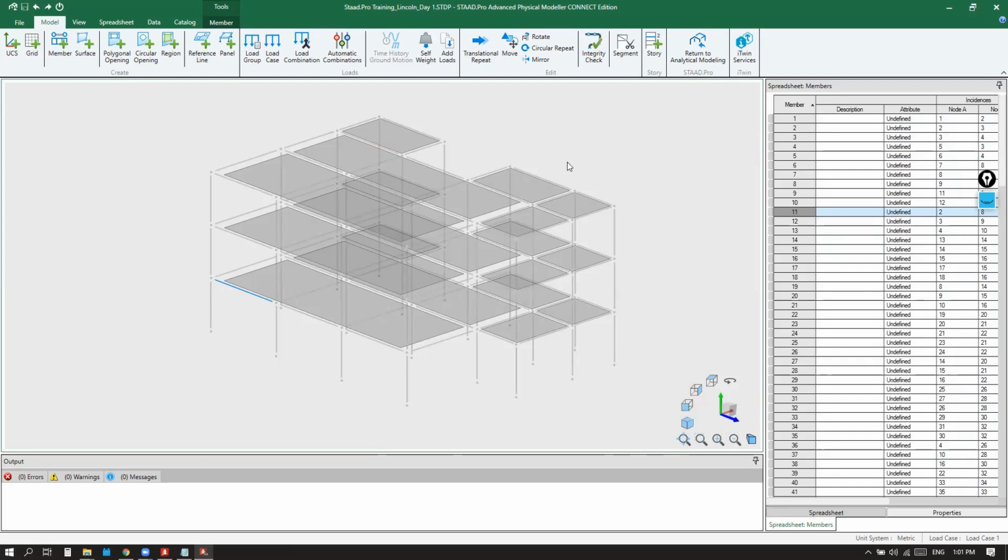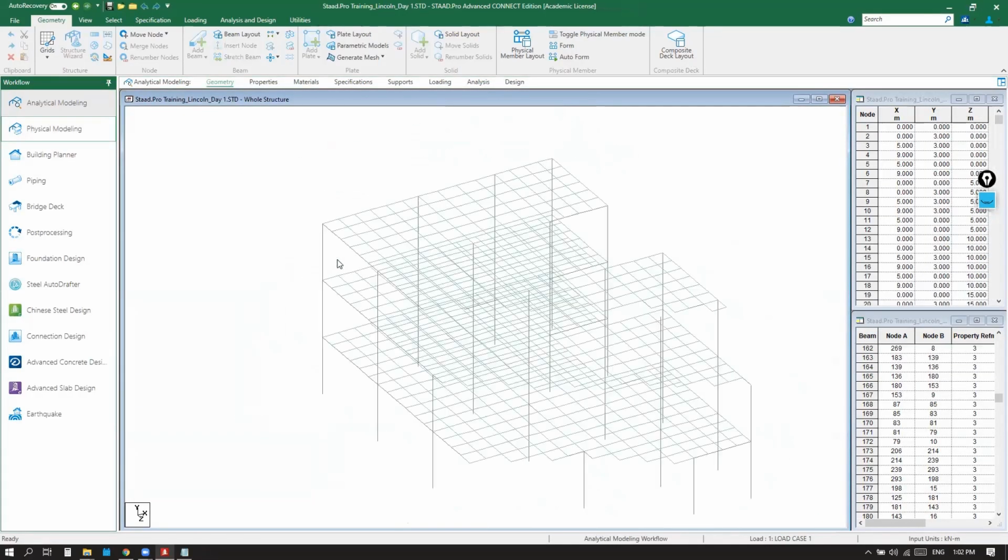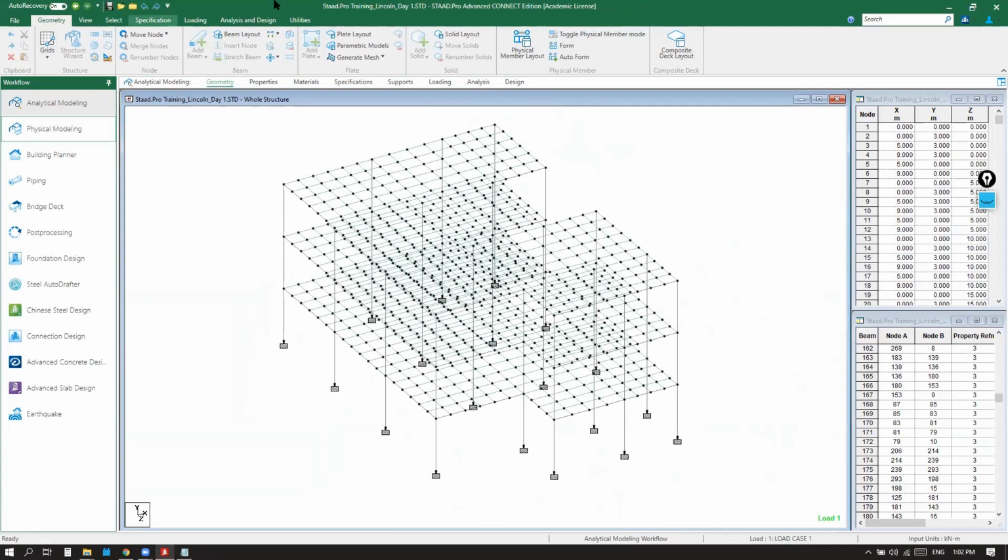For tomorrow, I can return to the analytical model, and we will focus on this interface. After that, we will run the analysis and do some design for columns, for beams, and for